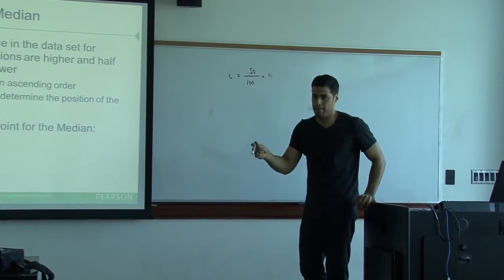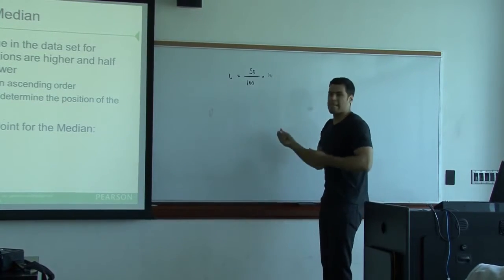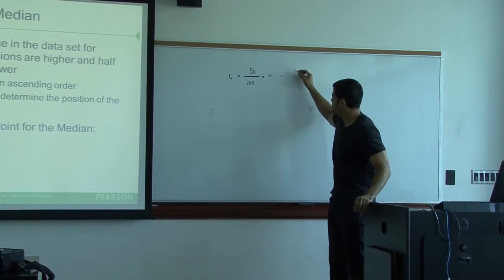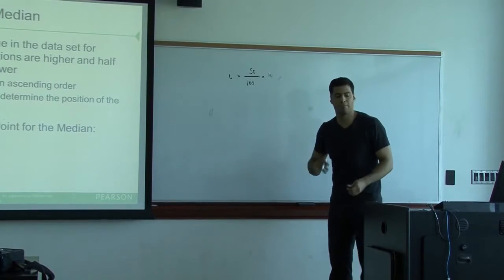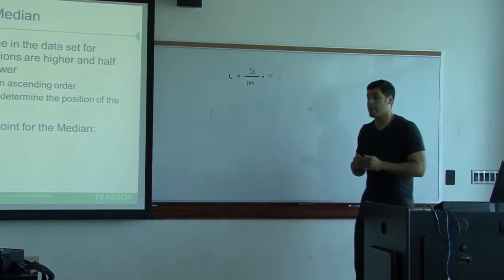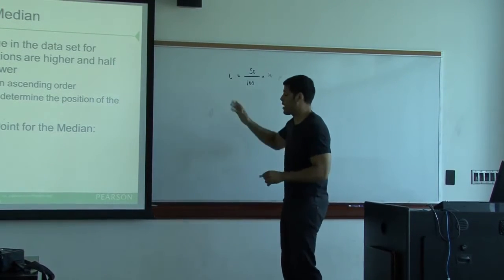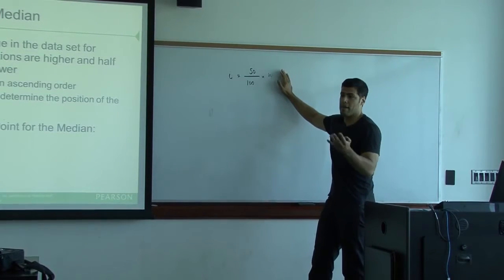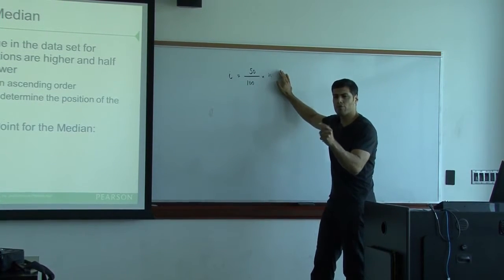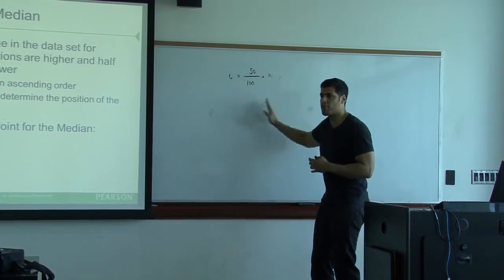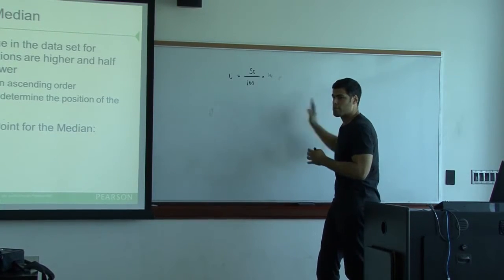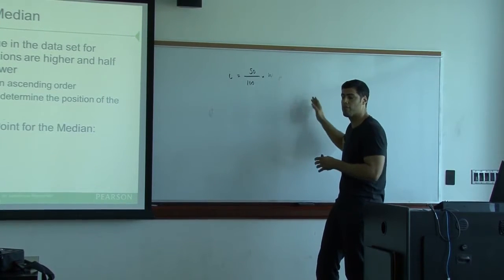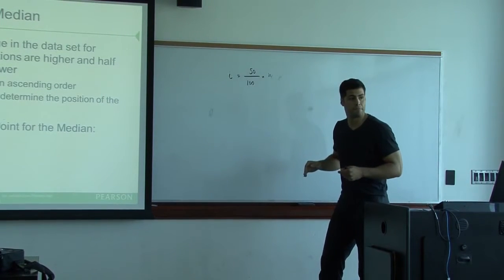So for example, I think it's better if we go through an example. Now, there's something I should tell you. So, okay, let me finish. So you find the index point. That's going to be some sort of number like 7 or whatever, right? And then you go to the data set and you start counting from left to right, from the smallest to the highest. You count. That's the first one, second one, third one, until you get to your index point. Okay? And once you get there,